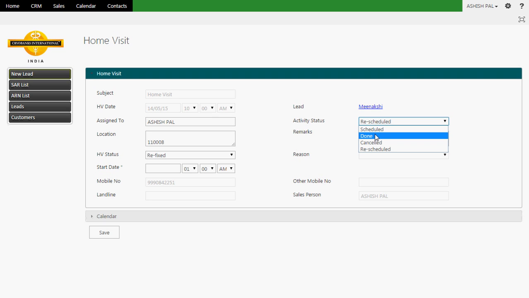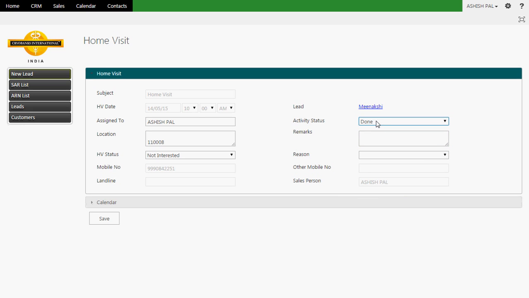And right now, if you have done the home visit, you'll select that and change the activity status as done. In that case, the home visit status will be amongst these options: whether the client is not interested, he has already enrolled to prior bank, he has enrolled to any competitor, that client needs that you must follow up with him again after a few days, or he needs a revisit, or